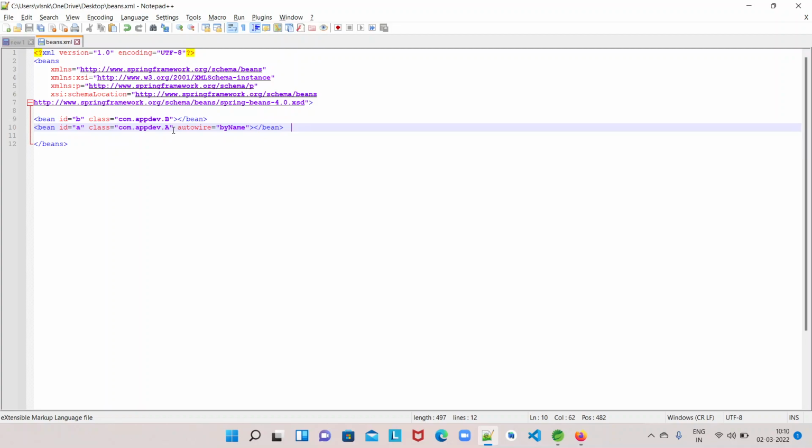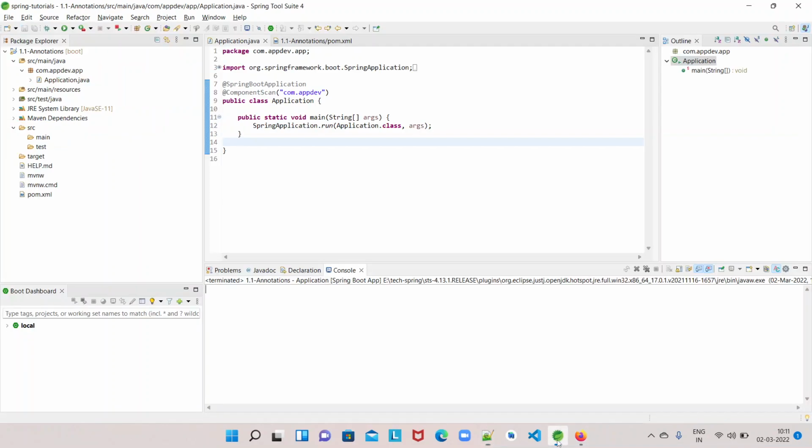Dependencies can be injected by using a constructor, by using setter methods, by using properties of a class. All those things we are going to see how we can achieve by using the @Autowired annotation without writing any XML file. So let us start that.